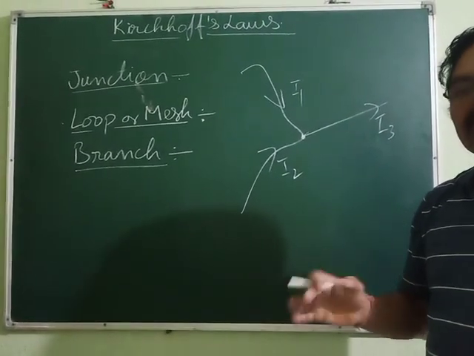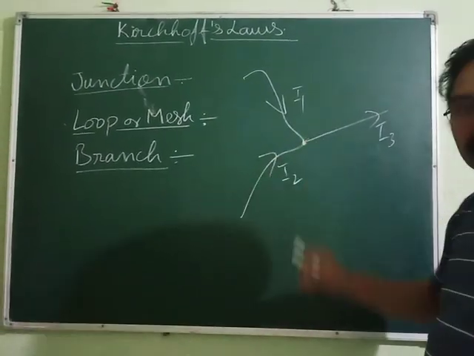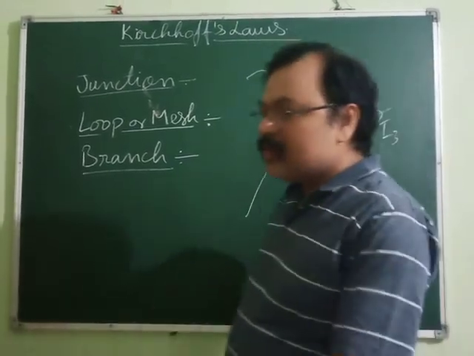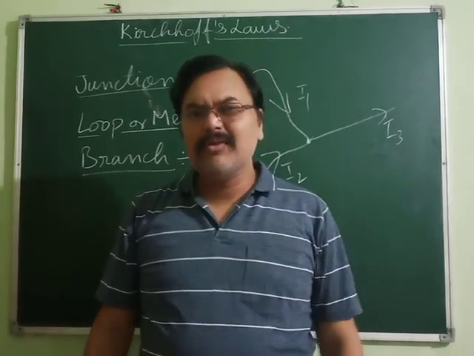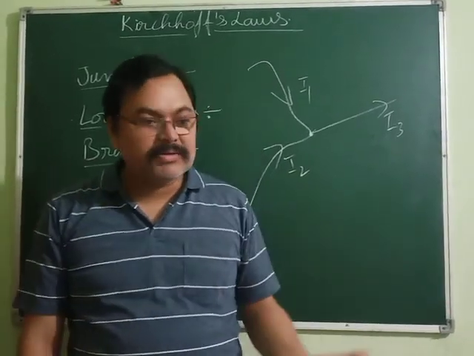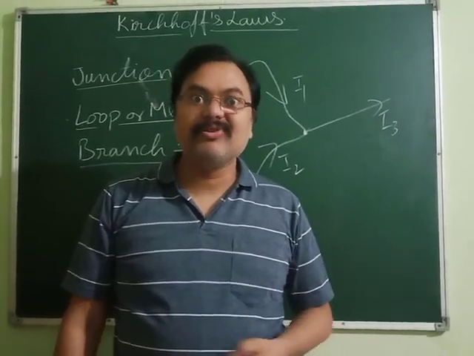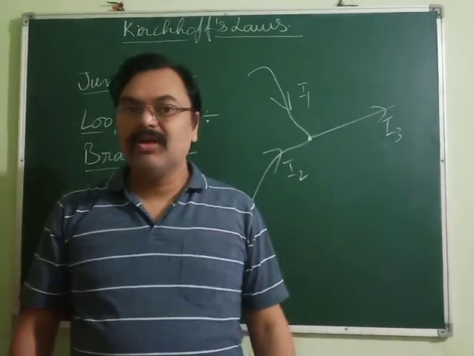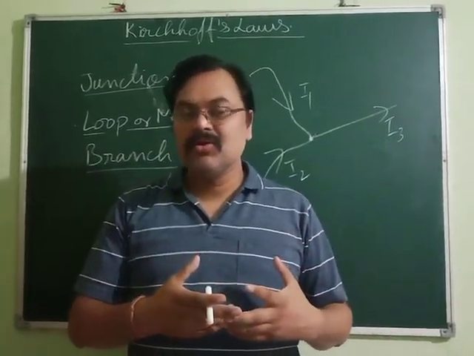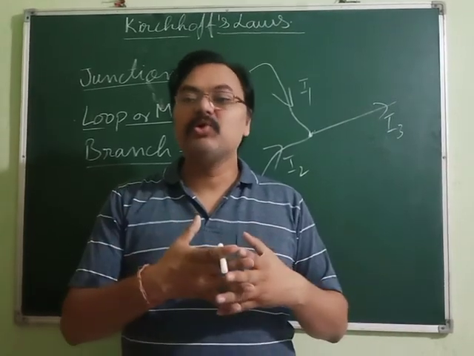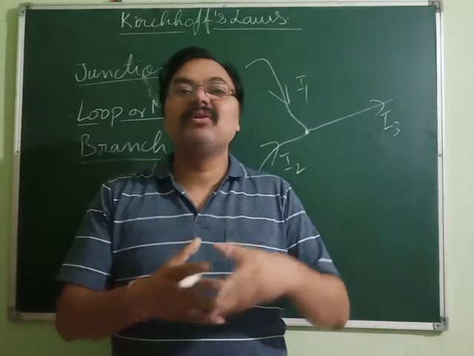Clear? So where two or more conductors are joined together, that is called junction. Got it? Not only this, when we are talking about the word junction, you might have heard of Mughal Sarai junction. Why is it called junction? Because where two or more routes, railway routes obviously, join together or meet, the meeting point of two or more routes is called junction.